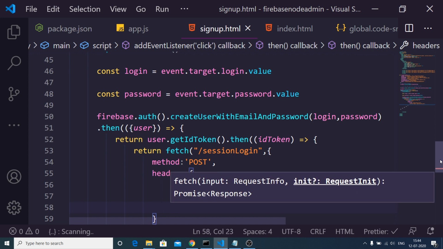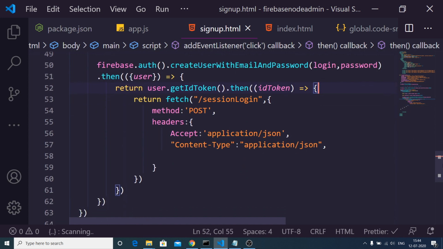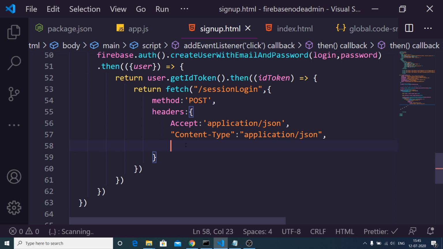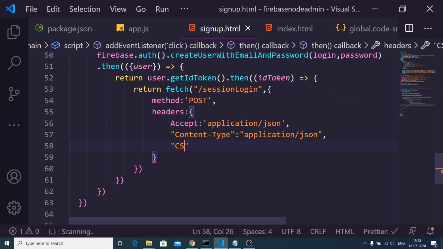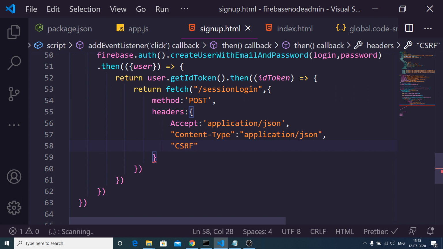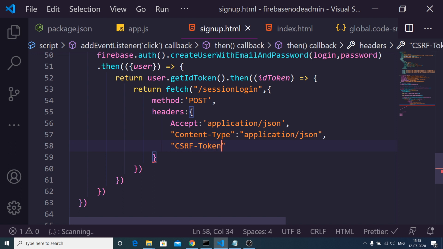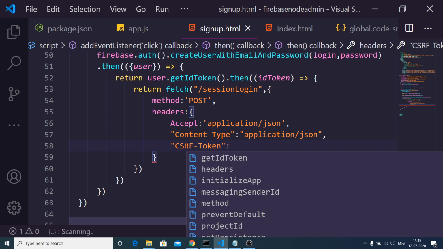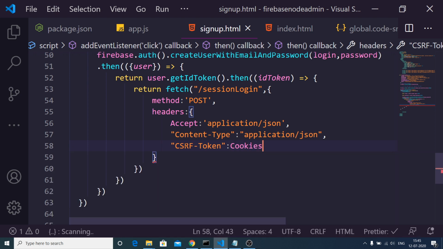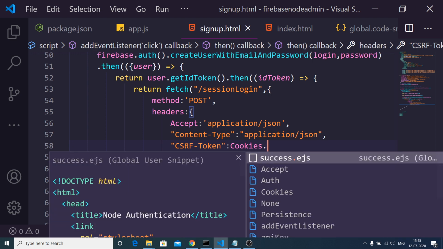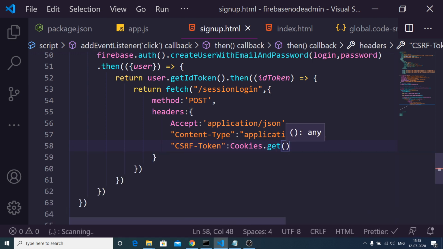And also we will provide a CSRF token in order to prevent cross-site request forgery attacks. Inside this we will provide an additional field which will be the CSRF token. Basically this is the advantage of using server-side authentication. You can customize and build more secure systems. Here we will use cookies.get, and inside this we will get the token like this. We will provide a label to it, XSRF-TOKEN.